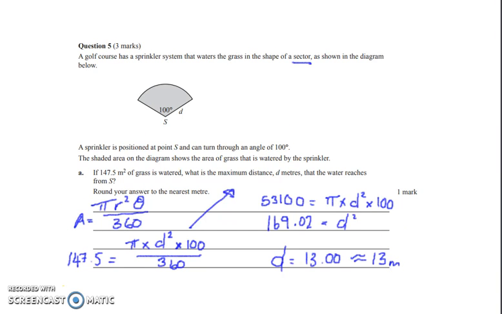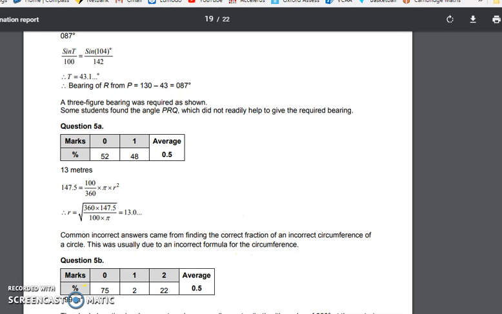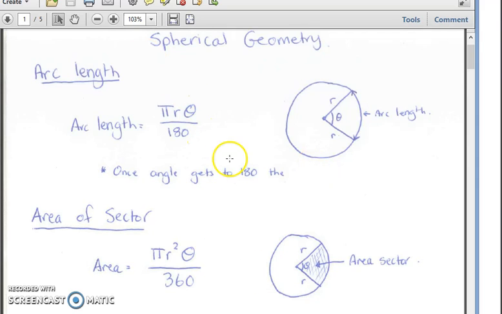Let's have a look at the assessor's comment for this one. 48% of the cohort only managed to get the full mark for this, where the average was 0.5, so pretty much half the cohort either got it or they didn't. And I think that where that might have come from is using the incorrect formula. They've actually stated here this was usually due to the incorrect formula for the circumference. So make sure you're double checking which formula you are using, and that you're using it correctly